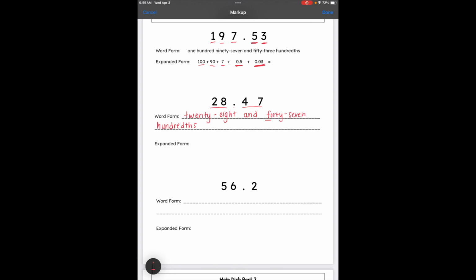Now for expanded form, we're going to go through each digit and pull out its value. So the 2 has a value of 20. 8 has a value of just 8, it's in the ones place. The 4 has a value of 4 tenths, and the 7 has a value of 7 hundredths. So that's our expanded form. Next one,